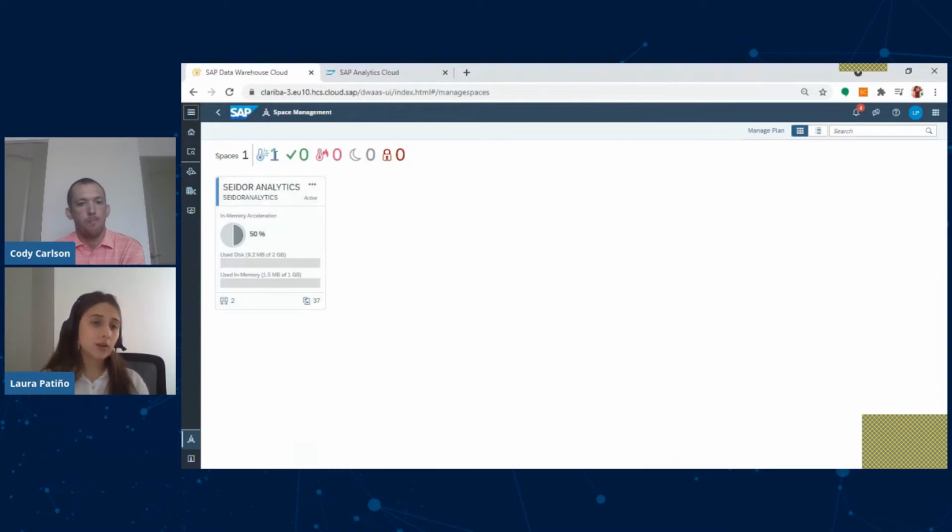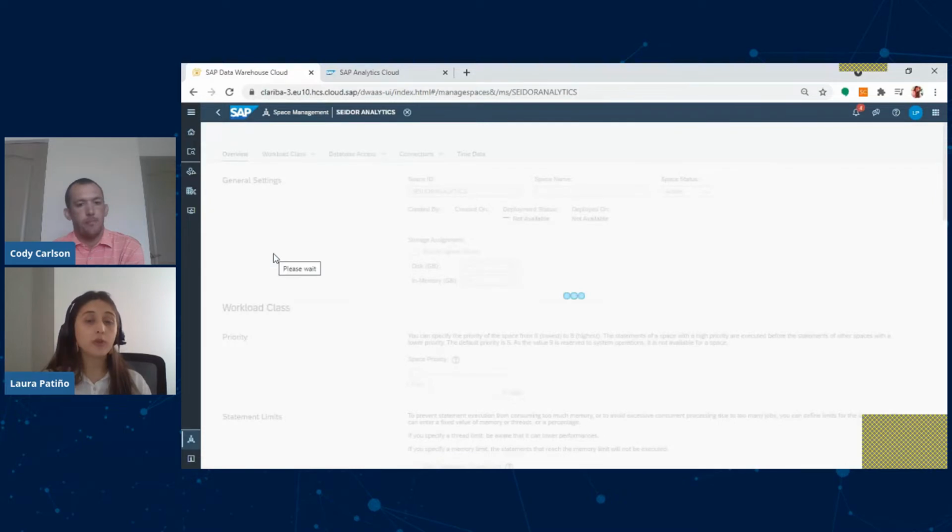Here we can also see indicators that describe the information that we're using. It tells you the temperature of the information, if it is cold or hot. It depends on the recurrency of the use of that information. So that's pretty useful to know how to manage the whole data.